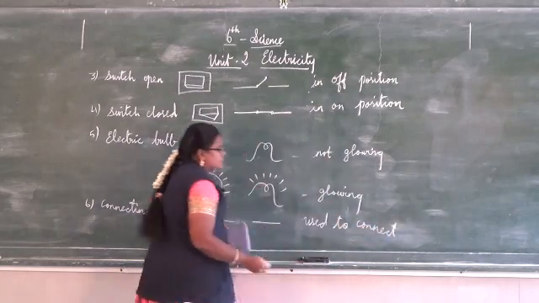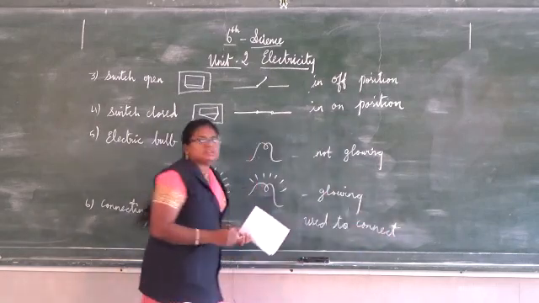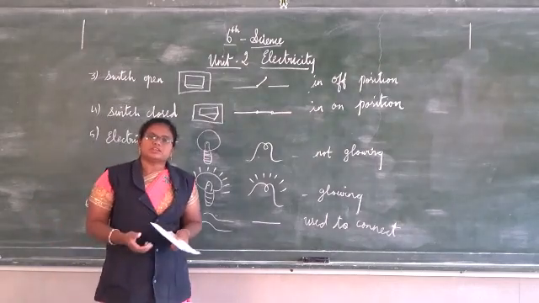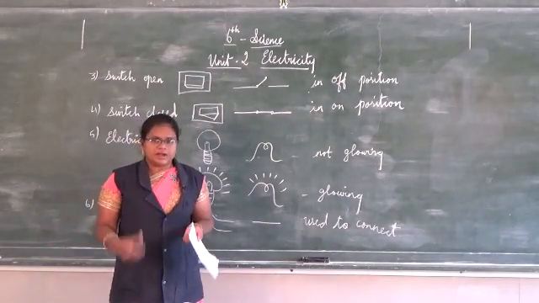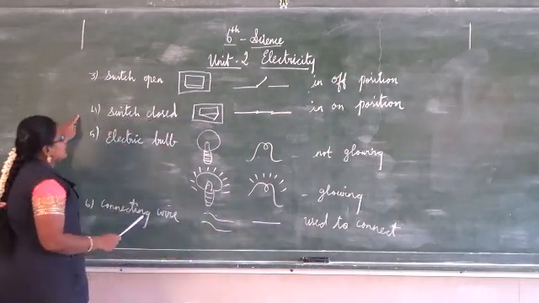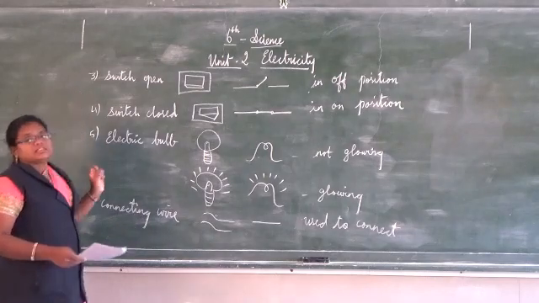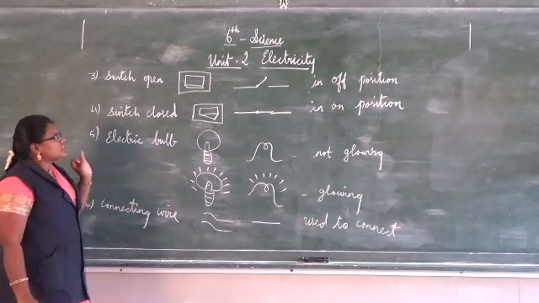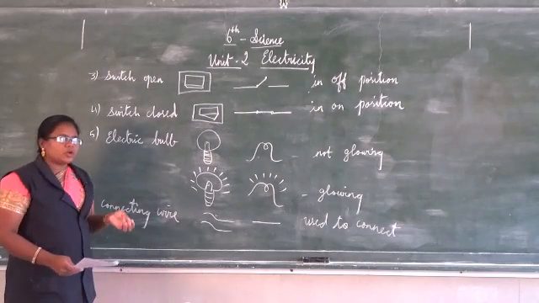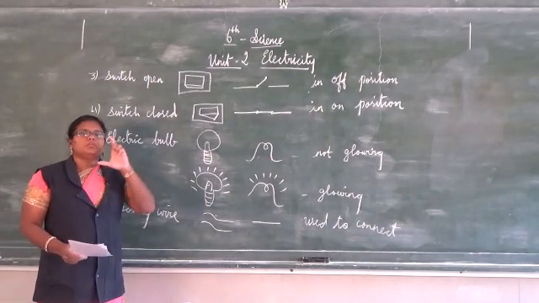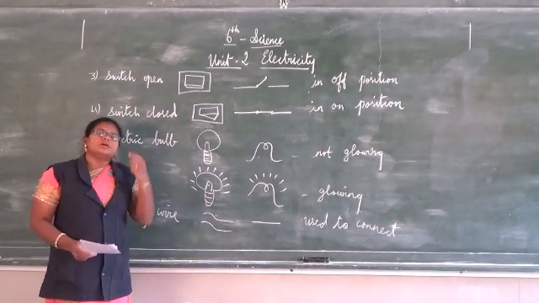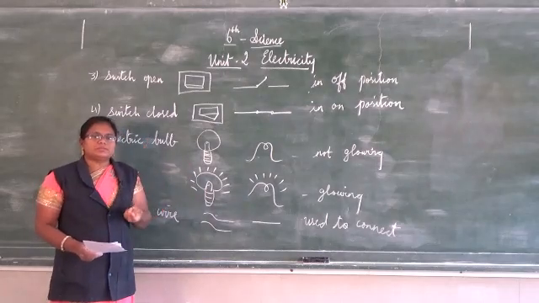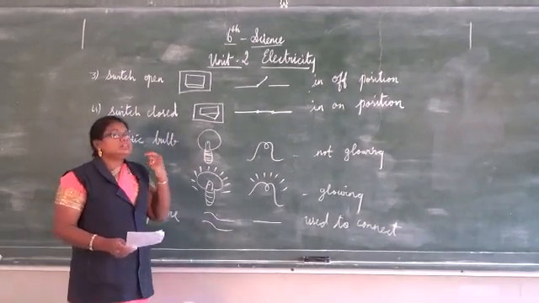So now we know the symbols. With the symbols, if we draw the circuit, it is easy for us to understand. How many electric components have we seen? Six electric components. First, the cell: the longer stroke is positive and the smaller stroke is negative. If you have three longer and three shorter strokes, it means we have three cells.